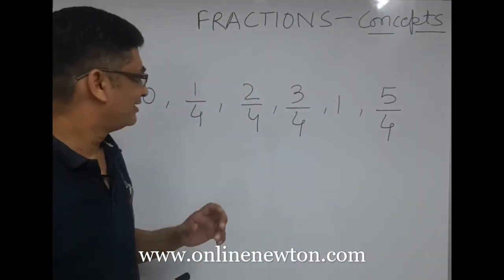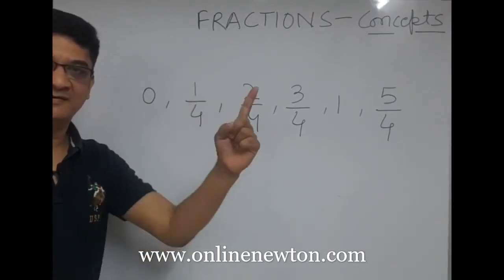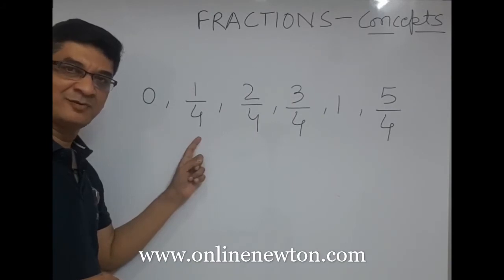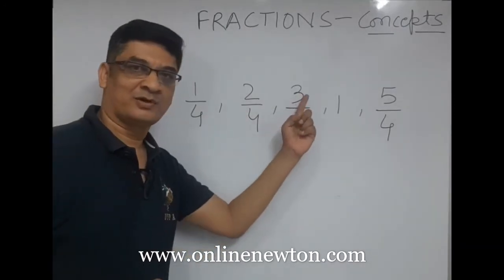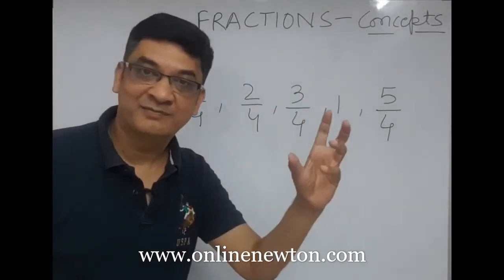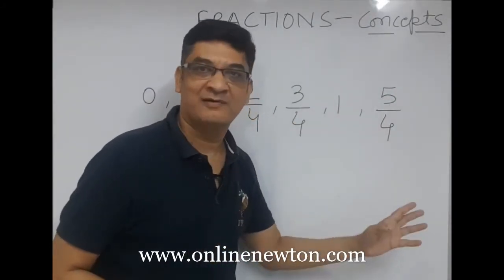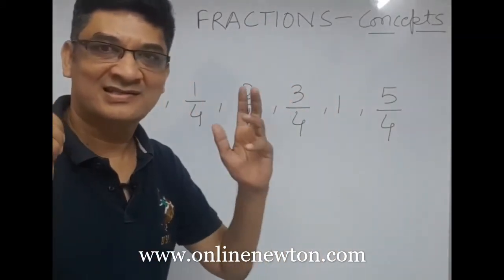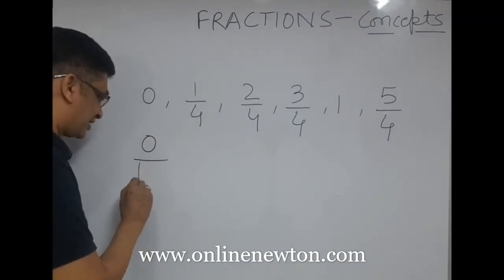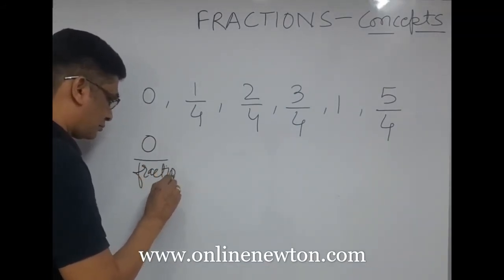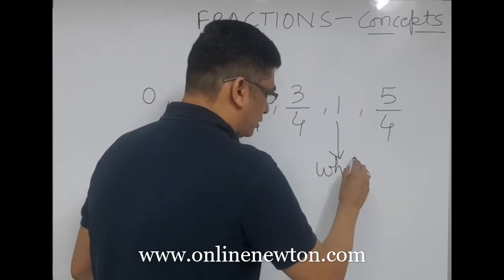Let's understand it in a different way. In the beginning, she had 0 pieces of that quantity. Then we gave her the first, she had 1 by 4. We gave her the second, the total quantity given to her was 2 by 4. When we gave one more, the total quantity became 3 by 4. When we gave the fourth piece, she had one full apple. And after that, we gave her one more and the quantity became 5 by 4, which was improper. So friends, this is the concept. First, it is 0. This is called zero fraction. This one is called whole fraction.